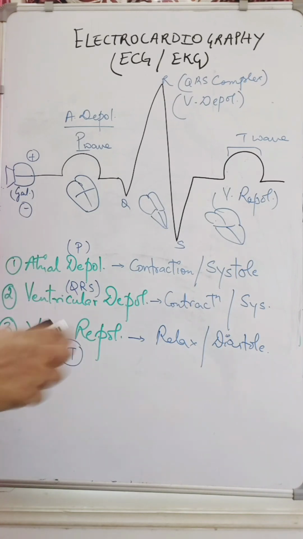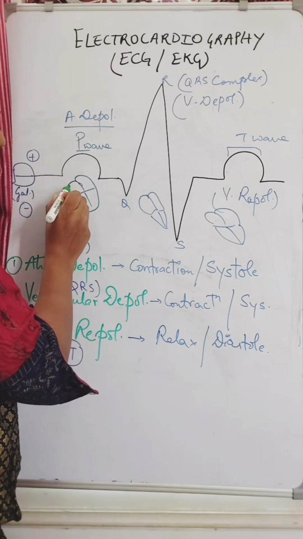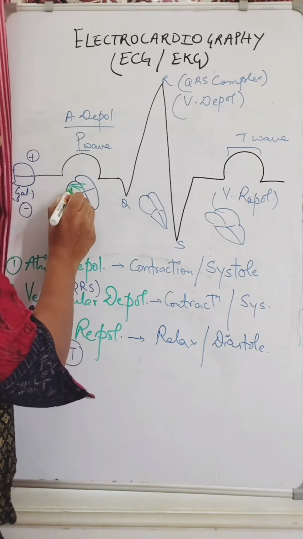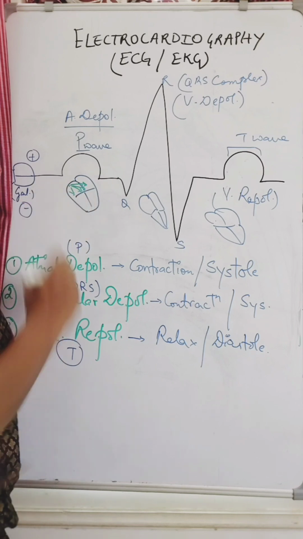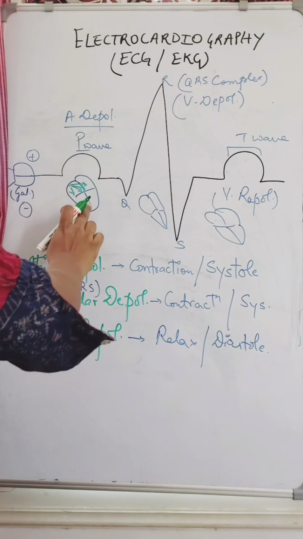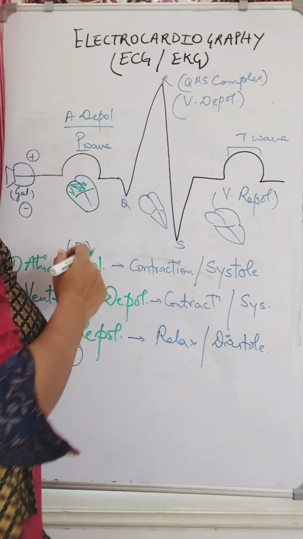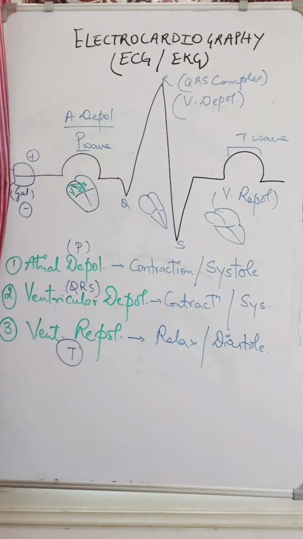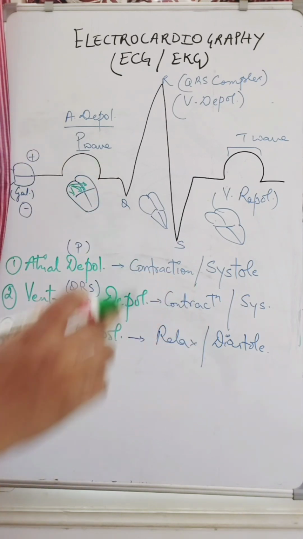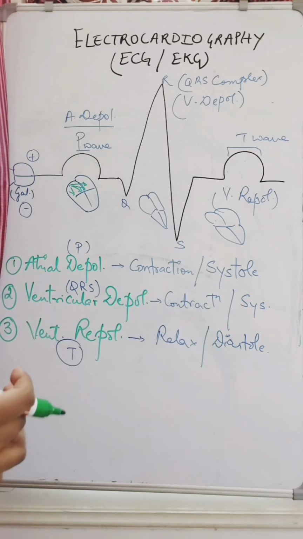So now what do we see here? In the atrial depolarization, the charges are moving from the SA node to the atrial chambers. This corresponds to the heart impulses, corresponding to the P wave, which looks like this. And I told you it is not very fast. Why are the impulses not very fast? The basic reason is that the atrial walls are thin-walled.